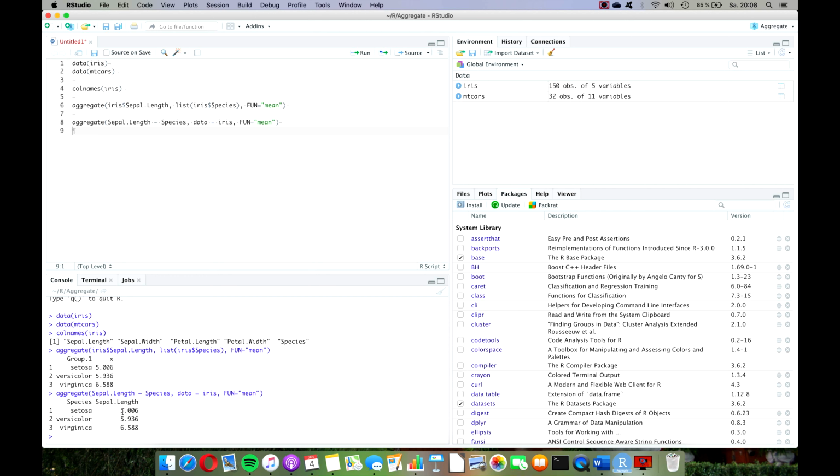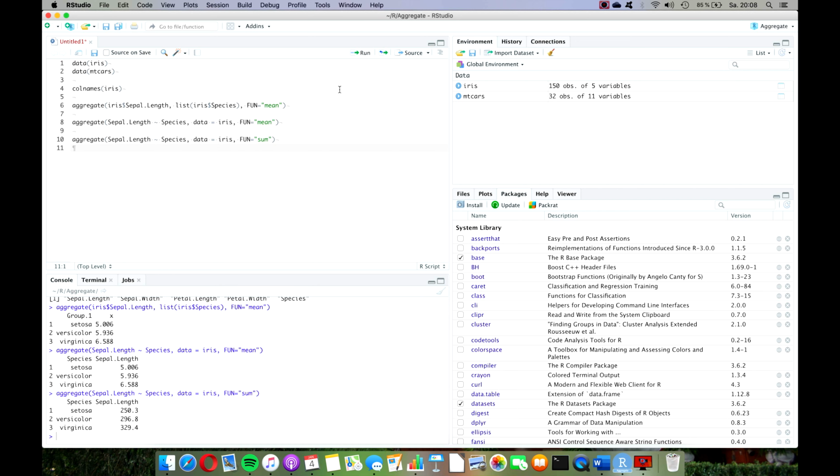And the values are of course the same, because it's just a different grammar for the same command. Now in the following, I want to show you some other functions that you can use with this aggregate command, and we're just going to copy and paste this line each time and enter something else for the function. So another one would be, for example, when we type sum for the function definition, then we of course